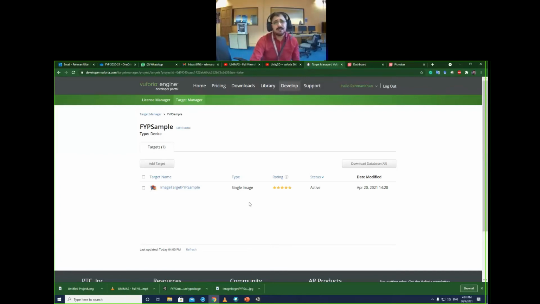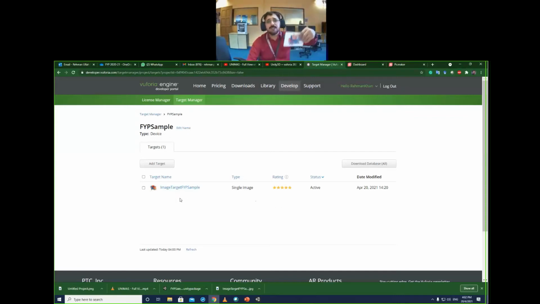So these are called points of interest. The image processing engine extracts all these points of interest, and later on, when the image is seen again, it matches against these points of interest and on that basis decides whether it is the same image or not. Okay, so you will create a database like this.